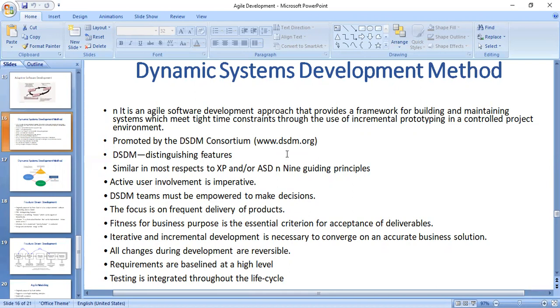DSDM is an agile project delivery framework, initially used for software development. First released in 1994, DSDM was originally intended to provide some discipline to the rapid application development method. In later versions, the DSDM agile project framework was generalized to become a generic approach to project management and solution delivery, rather than being focused specifically on software development and code creation, and it could be used for non-IT